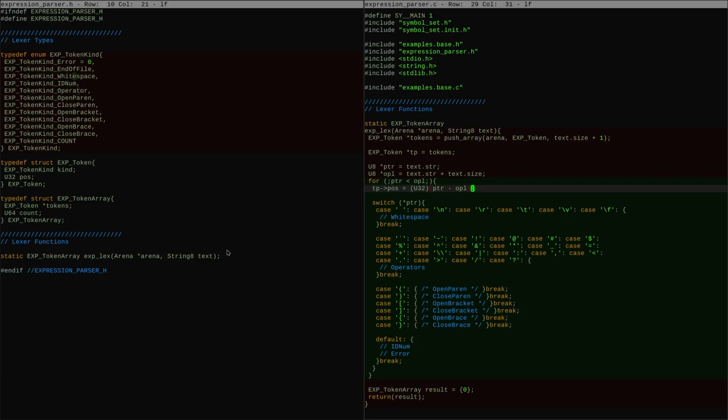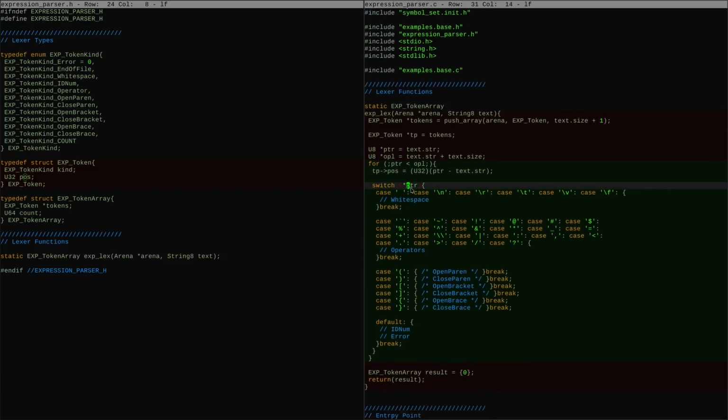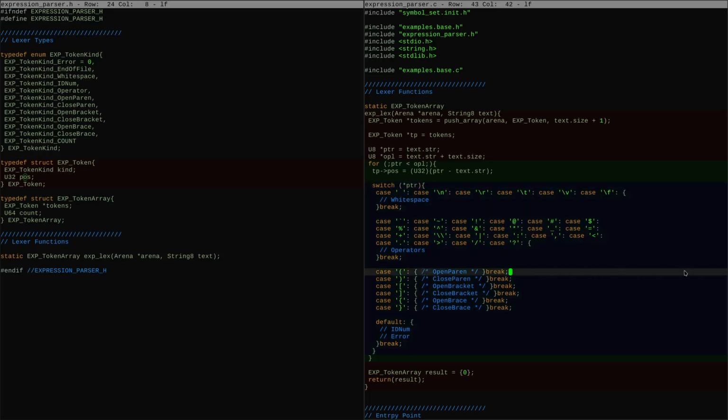Okay. Tokens. So each token gets its position wherever it starts. I have to make sure I'm doing this right. It's not minus OPL, it's minus the start. Alright. Then we look at the character. If it's one of these, for instance, we do tp kind equals token kind open paren, for instance, right? Each of these is setting